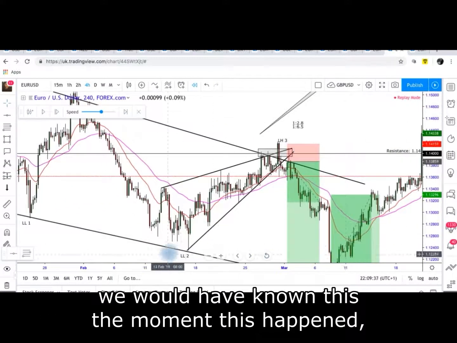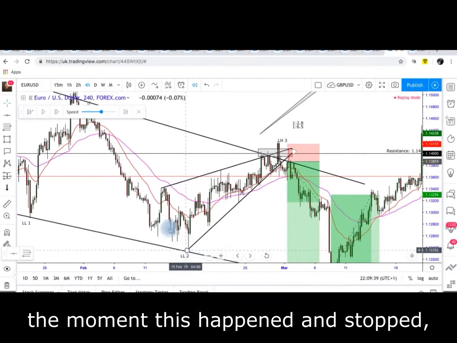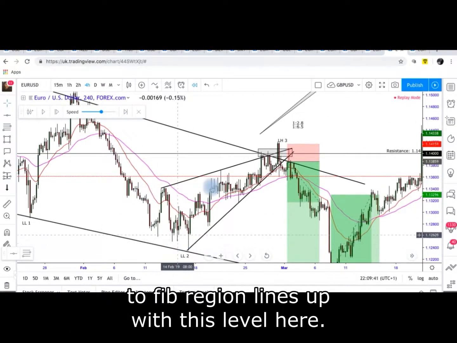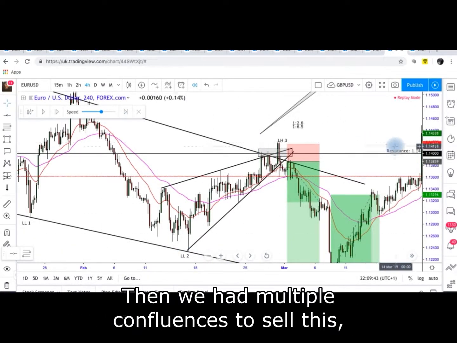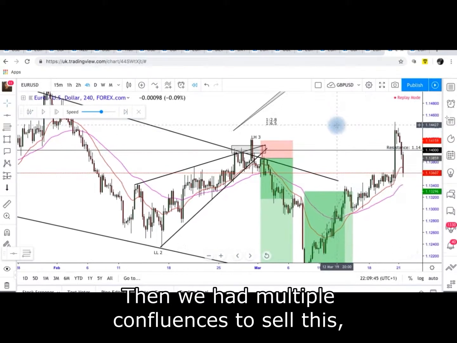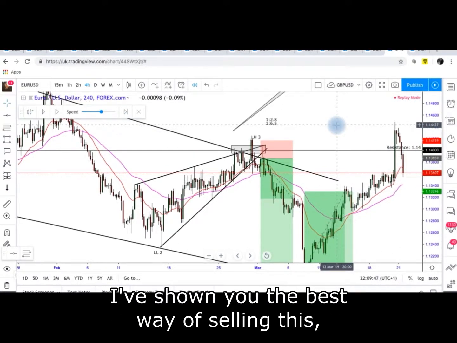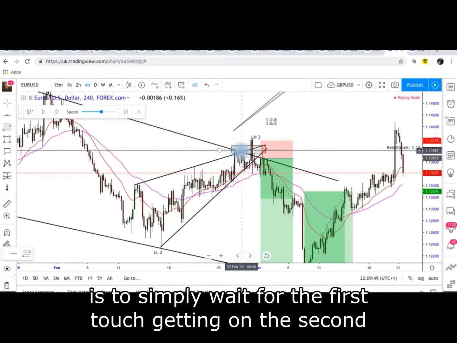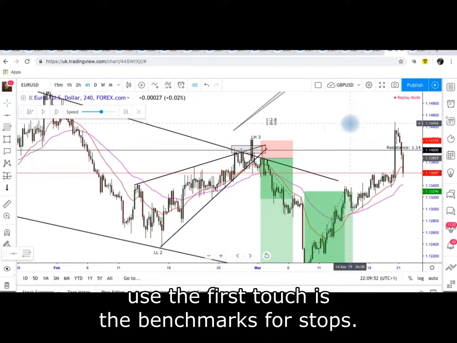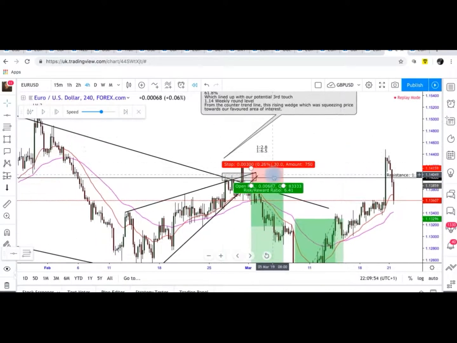And we would have known this the moment this happened. The moment this happened and stopped, we could have placed a fib. The fib region lined up with this level here. Then we had multiple confidences to sell this. I've shown you the best way of selling this is to simply wait for the first touch, then the second. Use the first touch as the benchmark for stops. And this is how we would have placed this trade,